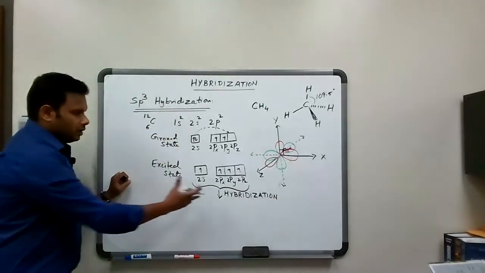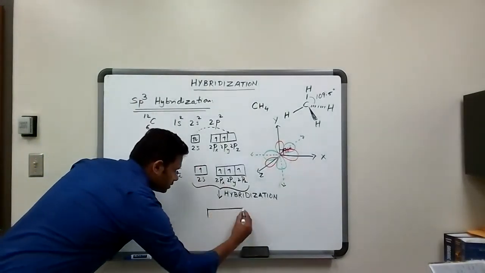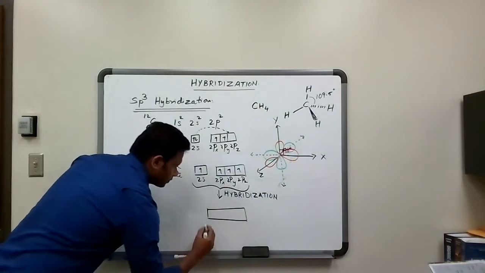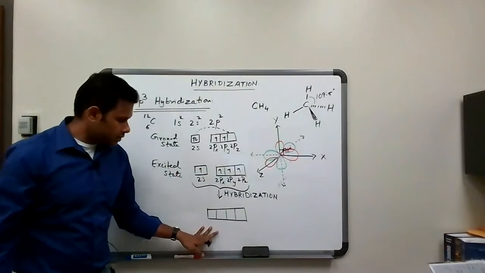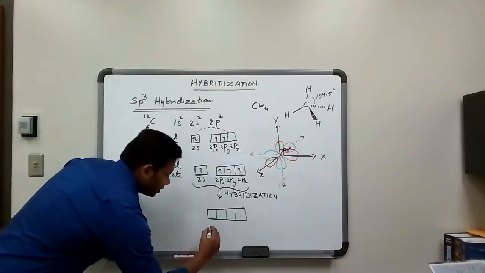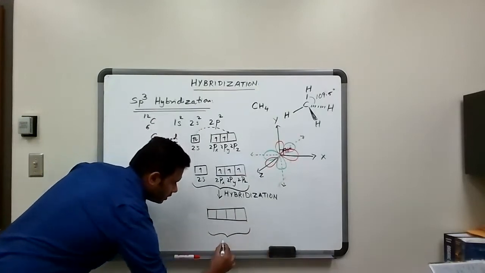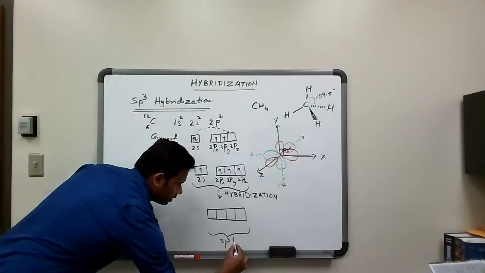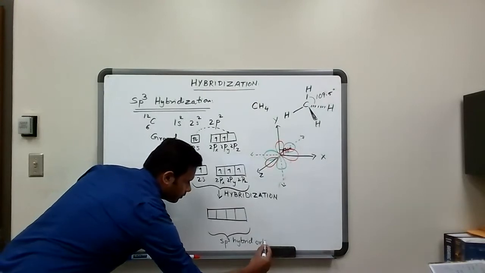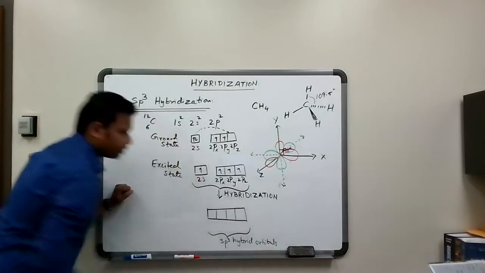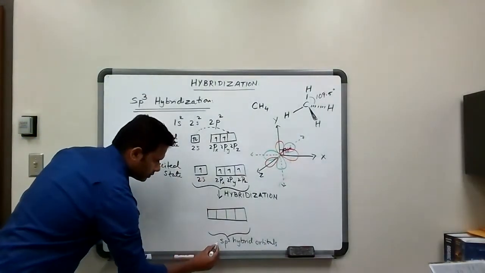When it undergoes this process, what results is 4 orbitals, and these 4 are called the sp3 hybrid orbitals. Sp3 because